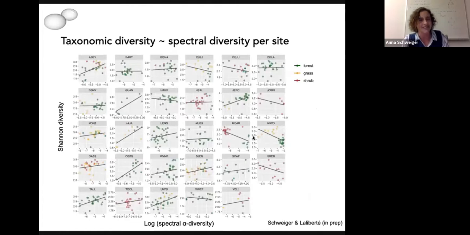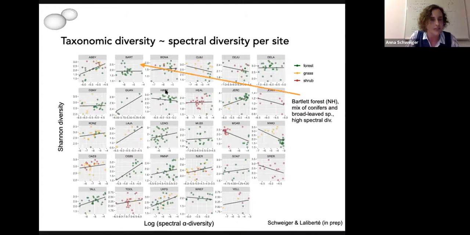When we look at spectral diversity plotted against taxonomic diversity per site, we see that at some sites we find a positive relationship between spectral alpha diversity and the Shannon index in this case. For others, not really. So this is again Bartlett forest, and at Bartlett we find a mix of conifers and